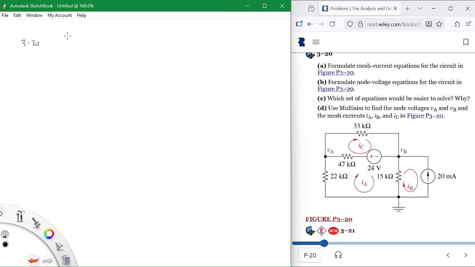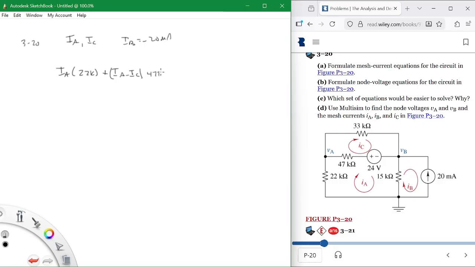We'll get through them. So this one is basically writing an equation for IA and IC. IB is equal to minus 20 milliamps. So when you get to IB, you just write minus 20 milliamps and you're done. All right, so let's start here and write the equation for IA. It's IA times 22K plus (IA minus IC), in parentheses, times